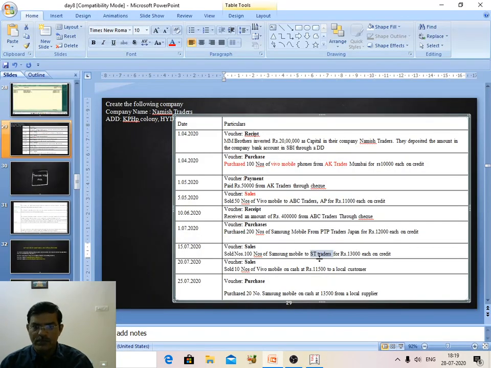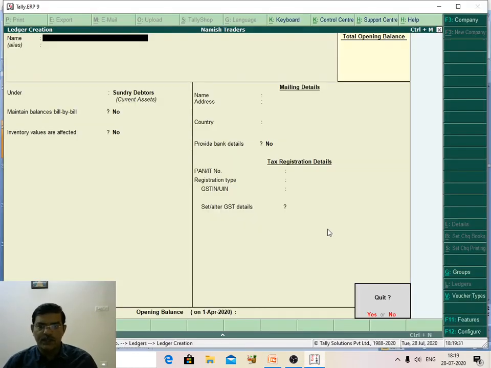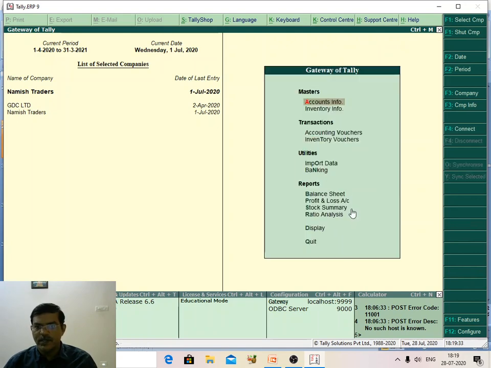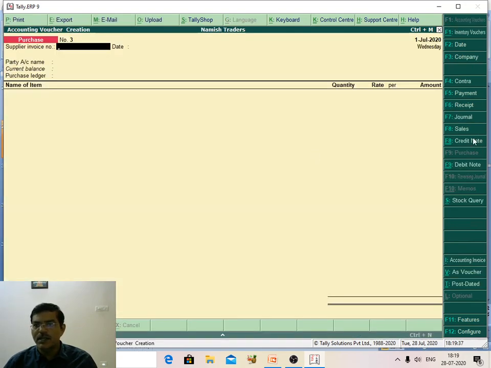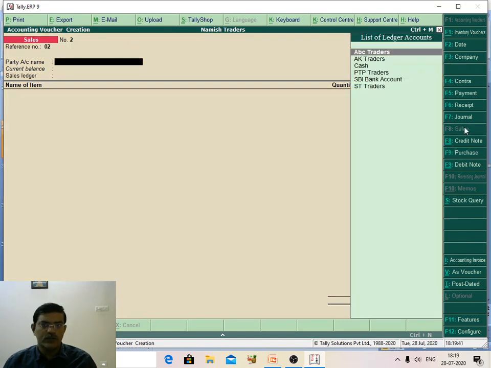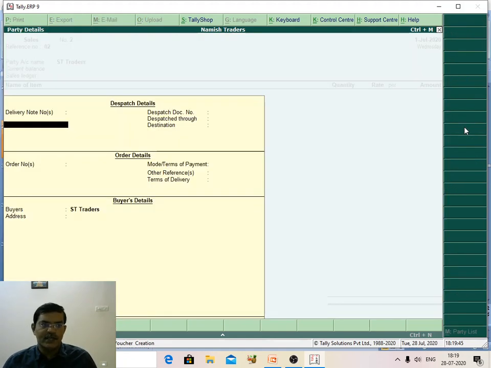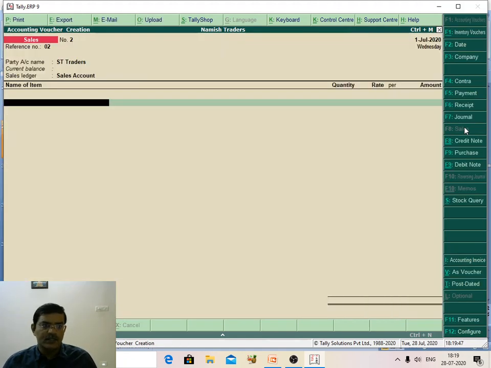So what is the entry here? Sold 100 numbers Samsung mobile to ST Traders on credit, 13,000 each. Now I am using the sales voucher. Go to Gateway of Tally, accounting vouchers, select F8 sales. Reference number I am giving 2. And what is the party account here? The party account is ST Traders, and sales account. So what is the item here?